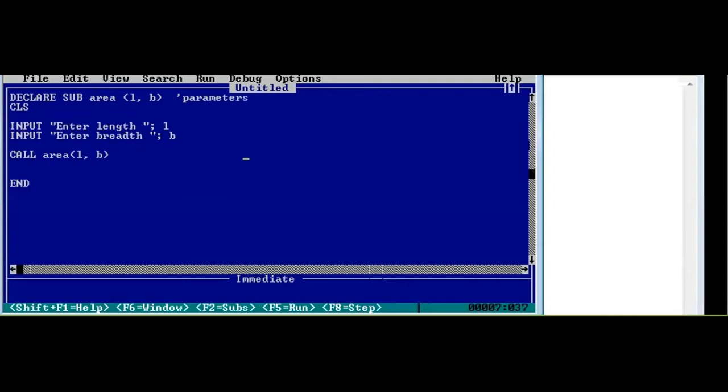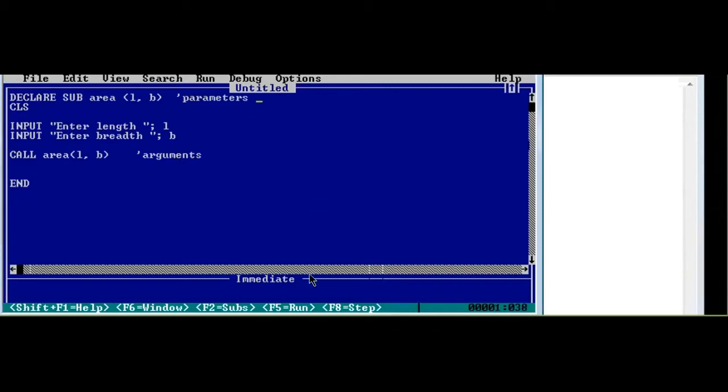And you can see over here in the call part, call area LB, here this L and B are known as arguments. Okay, so there are two things, one is parameters, another one is arguments. These things look simple but are frequently asked in exams as well. So this much we had studied in the last class also.